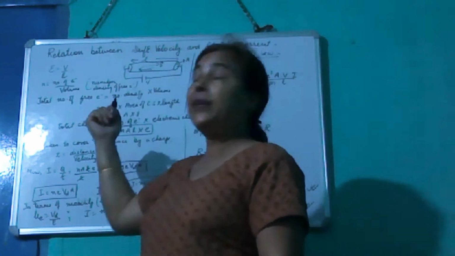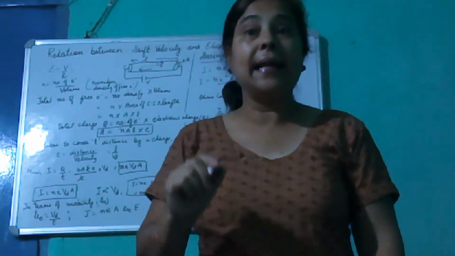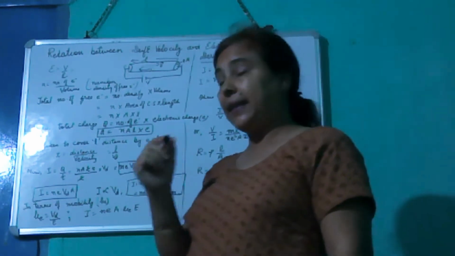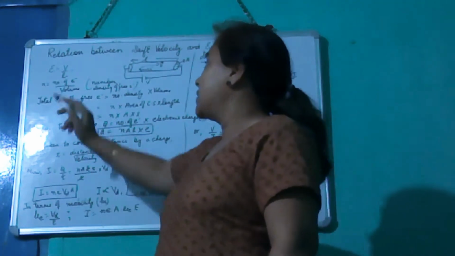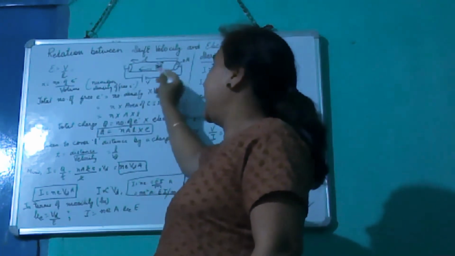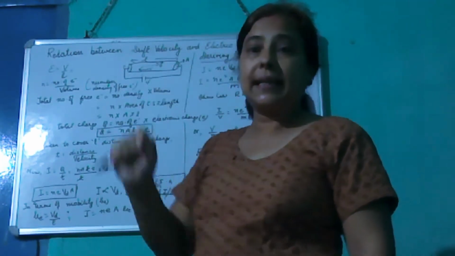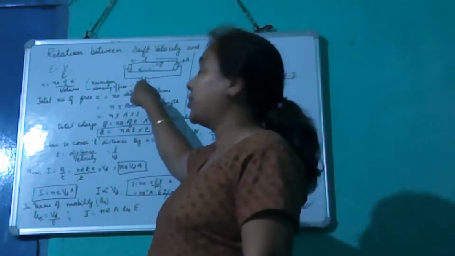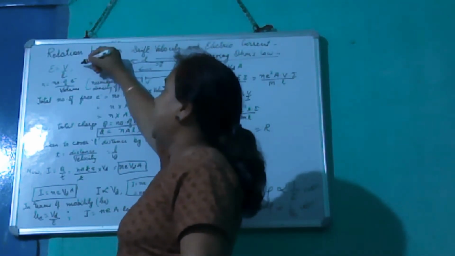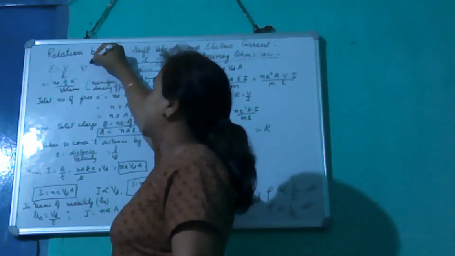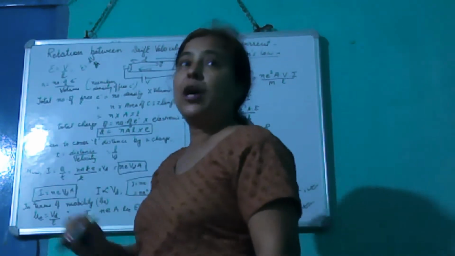Now, here we are going to learn the derivation for the relation between drift velocity and I, that is electric current. So, here we have assumed length L, area of cross section A. If E is the electric field created inside the conductor due to the presence of battery or potential difference V, then we have the relation. Previously in the topic, E is equal to minus dV upon dr, we have learned it. From here we can write E is equal to V upon L.